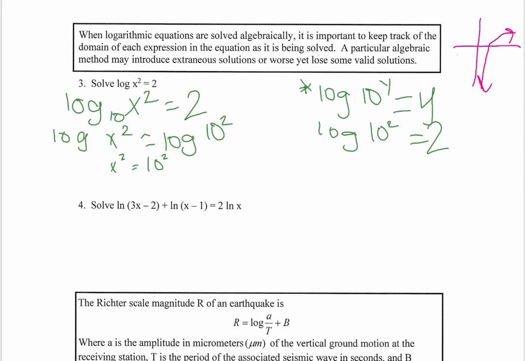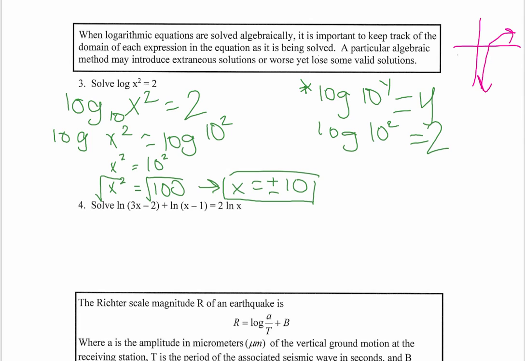That's nice because now we don't have to work with those logs. I can simplify this relatively quickly to get my answer. So 10 squared is 100. So I have x squared equals 100. And when I take the square root of that, I will get my values of x. I did say values, plural, because we have to be careful when we put the square root on things. Remember, we do plus or minus. The square root of 100 is 10. So here I actually have that x is either equal to positive 10 or negative 10. So just be careful when you've got exponents, it can sometimes change things.